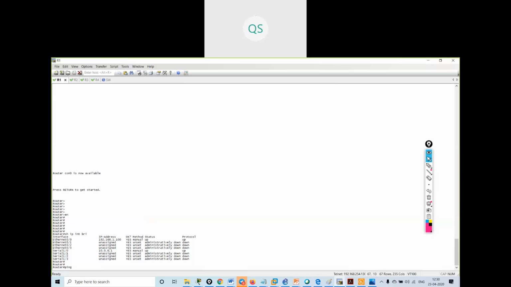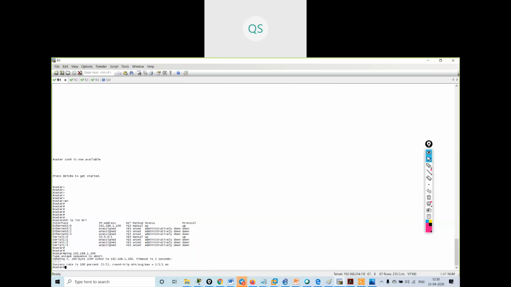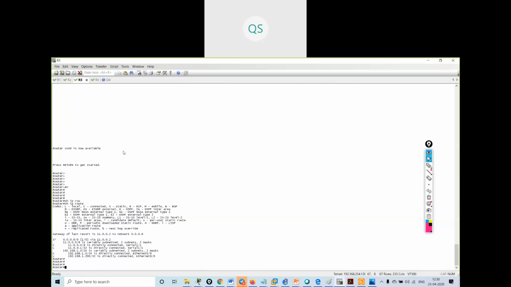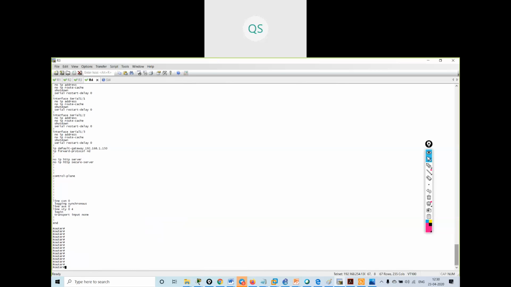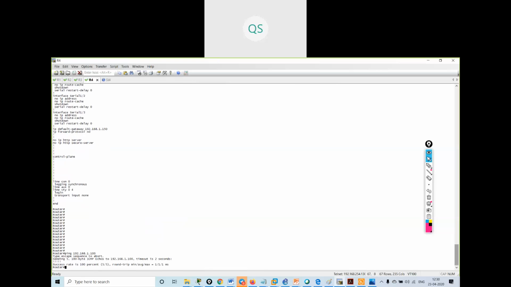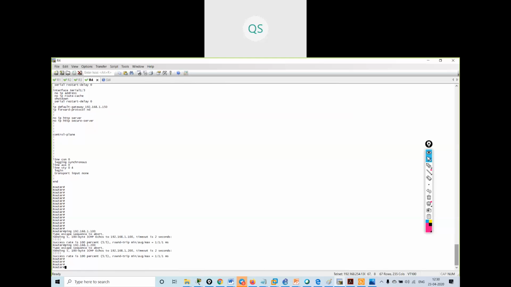These are my two redundancy routers. Ping 192.168.1.200, I can ping. I will go on this router, ping 192.168.1.100, I can ping from here. Now I will check both the gateways. 1.100 is pingable, 1.200 is also pinging.